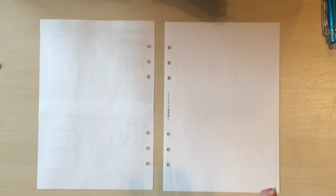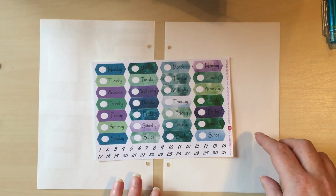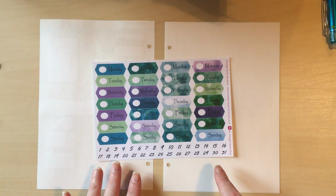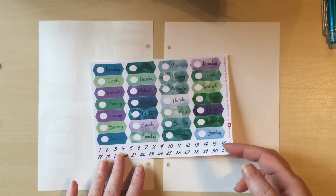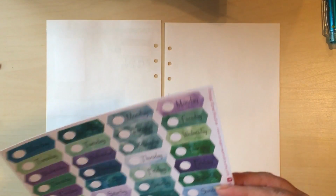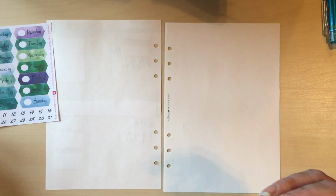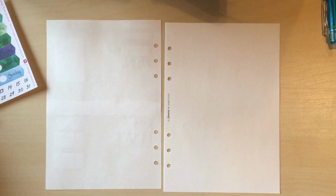And I have this gorgeous day covers set, and this is from Vintage Rose Studios. You'll have seen it in one of my hauls previously. So I'm going to take inspiration from that and go with blues and greens for this week, just because that's what I'm feeling like. So let's see here. Actually, I just pick a super skinny washi for the top part, just to break